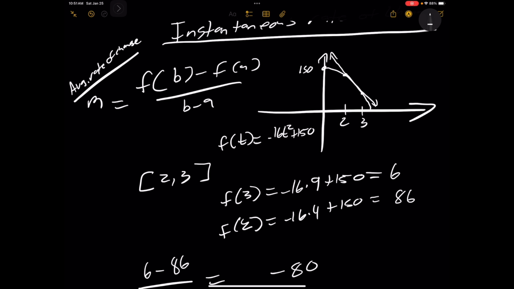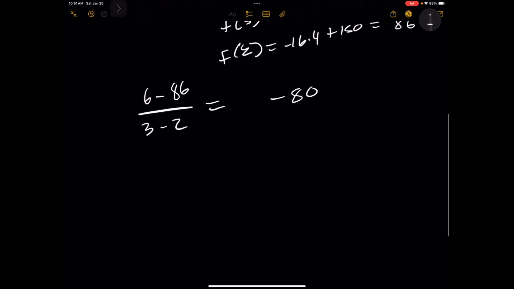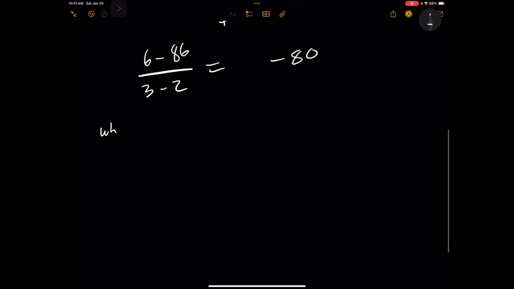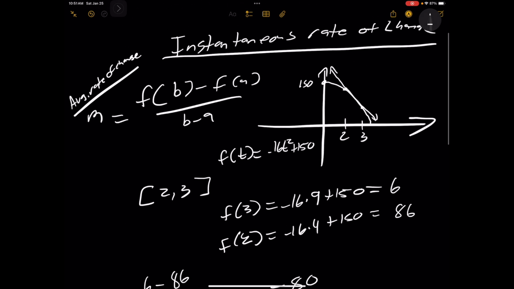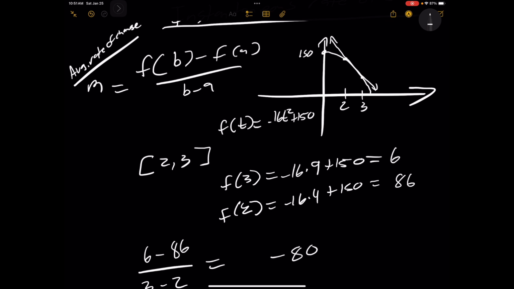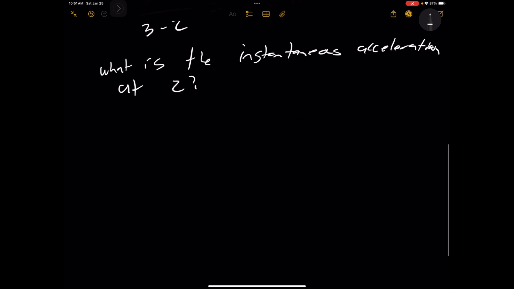But what if we wanted something more specific? What if I wanted the instantaneous acceleration at, say, the point 2? Well, we have the average rate of change. If we want the instantaneous rate of change, we might do something like this. We might look at the interval